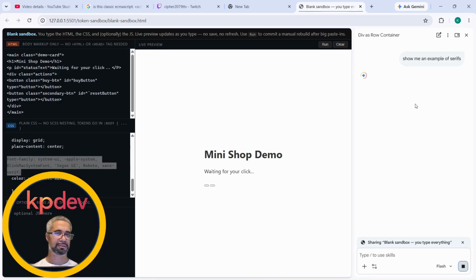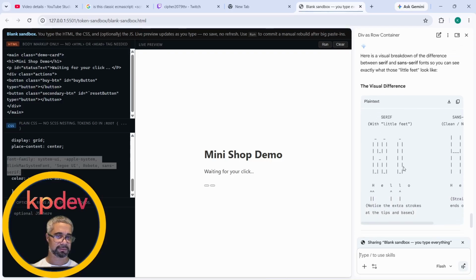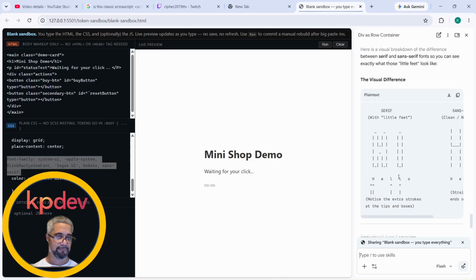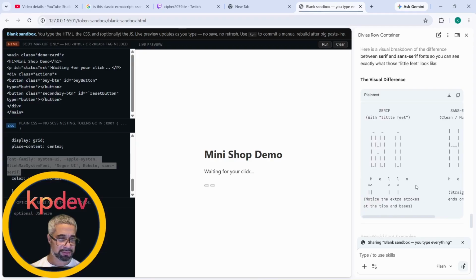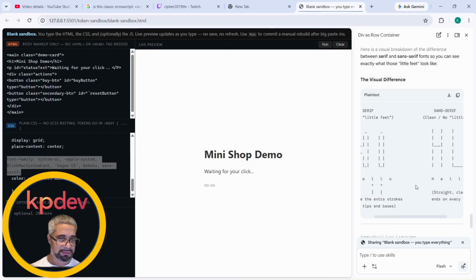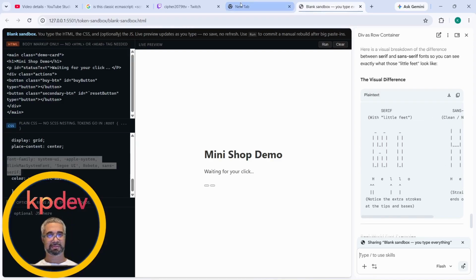So I can show you the difference with little feet. You see right here, you see those little feet? It's funny because it's not really showing it here. Yeah, like these are the feet right here, I guess. No little feet. Let's go to Google